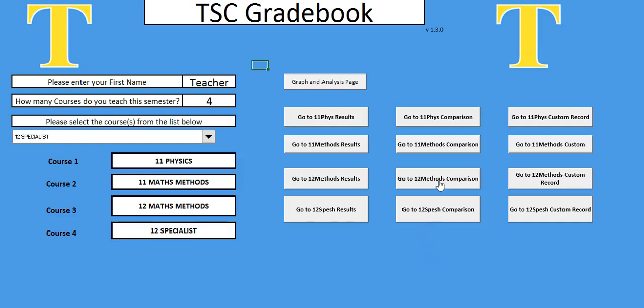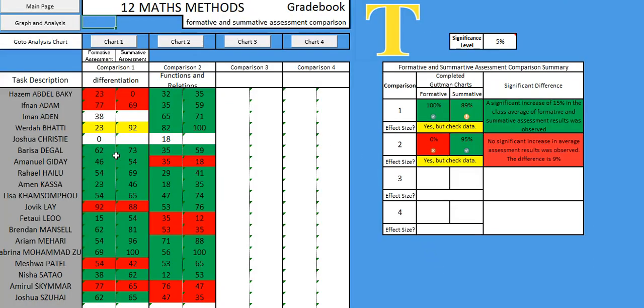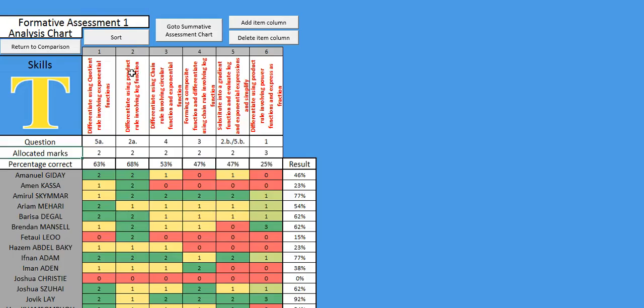The gradebook analyzer also has a means to break down a student's achievement in an assessment using a Guttman Chart analysis, which populates these summaries of their overall results as seen in this page here. So to access the Guttman Chart analysis, I'll click on Chart 1. And so this now